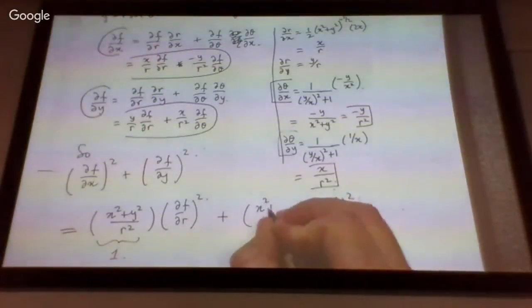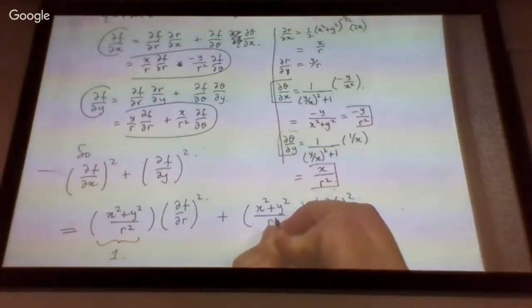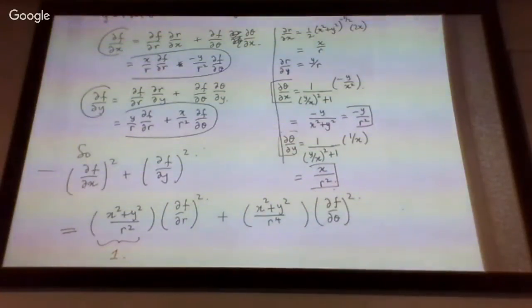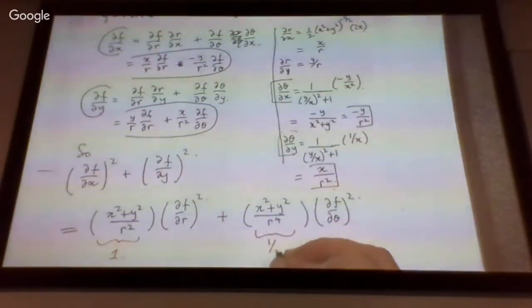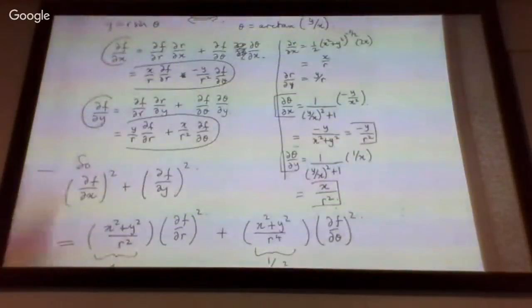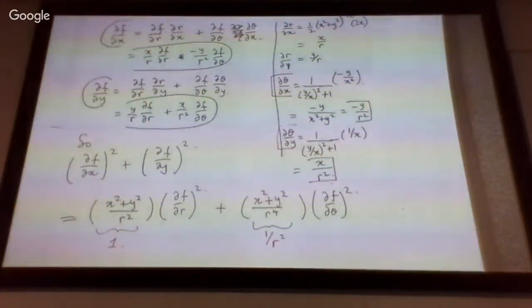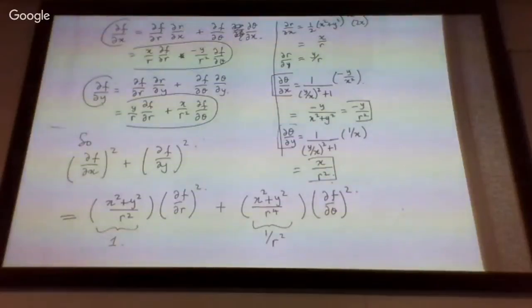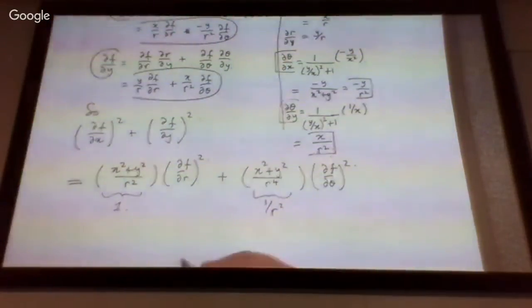So I get x squared plus y squared over r to the 4, or that has a nicer name. One over r squared, yeah. Got r squared on the top and r to the 4 on the bottom, so you got 1 over r squared. Then we've got the cross terms,